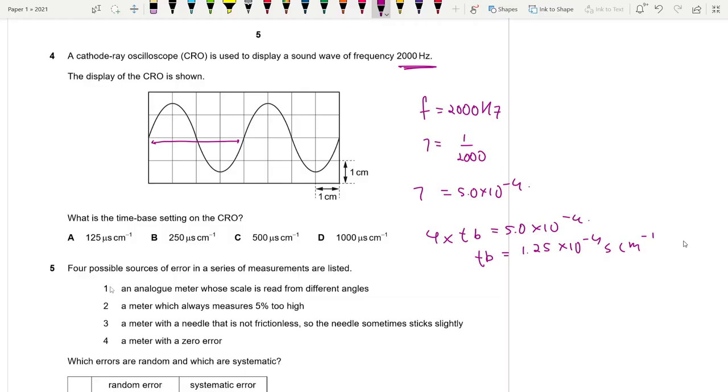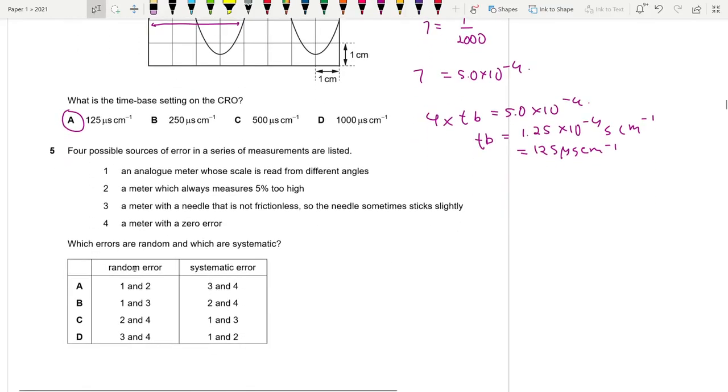The answer isn't in seconds here, it's in microseconds. So if you convert seconds to microseconds, that's into 10 to the power 6, you're going to get a value of 125 microseconds per centimeter. Okay, so our answer is A. 4 is A. For 5, 4 possible sources of error in a series of measurements are listed,